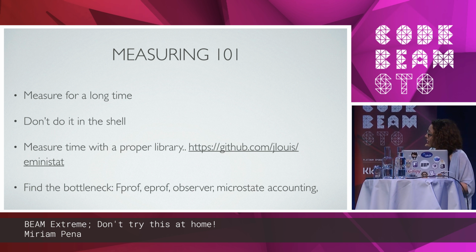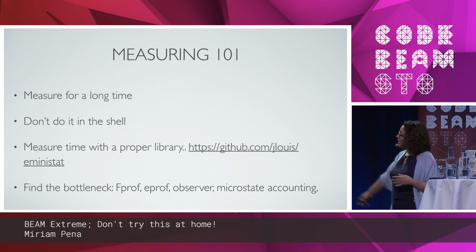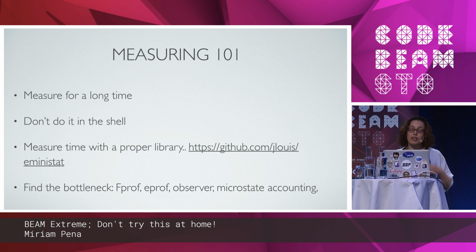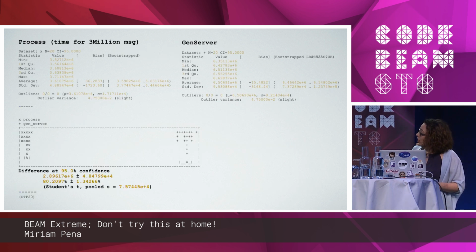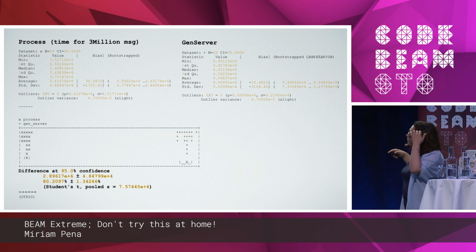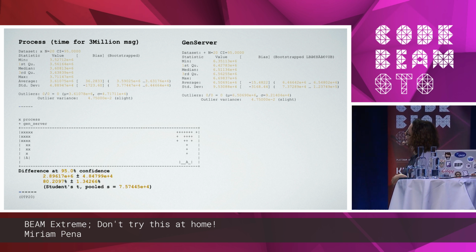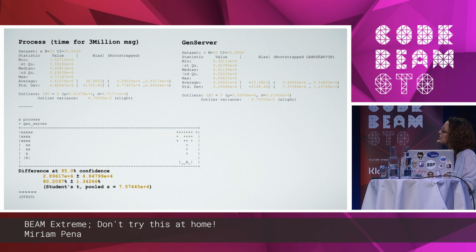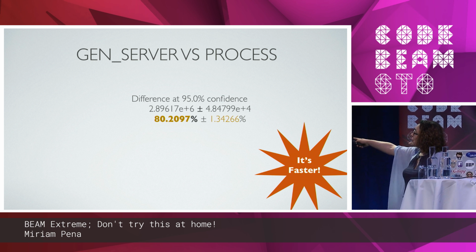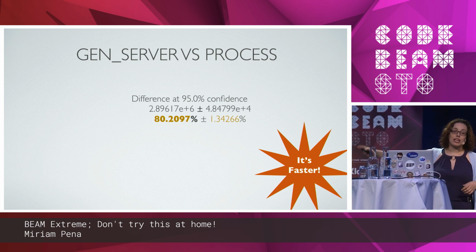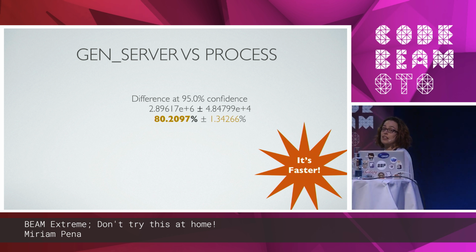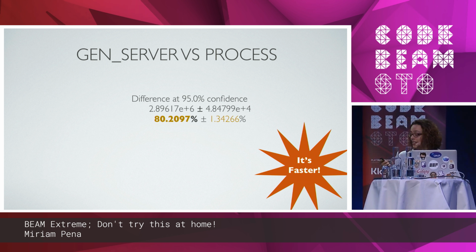And then if you find a bottleneck, you have a set of wonderful tools that you can use to benchmark why that is happening and find the right place to make it better. This is the output of ministat, and basically the left one is for gen_server, the right one is for the proc_lib process, and it gives you average and maximum, and it tells you if you have enough data to draw conclusions. But the whole idea here is that if you use the bare process, you can make 80% more requests, which means you can do almost twice as many requests to the pool to get the data than if you use a gen_server, which is faster.